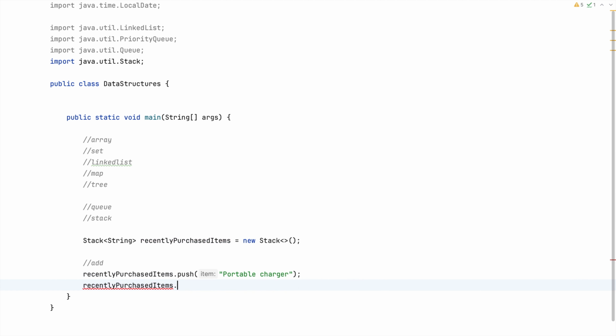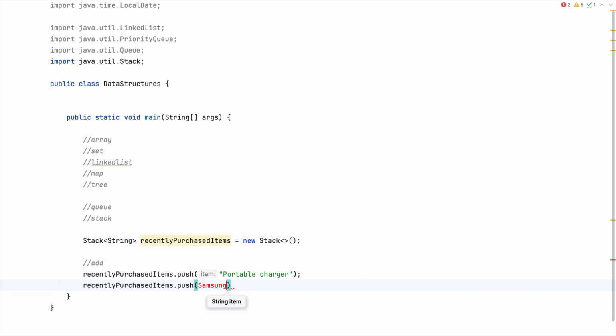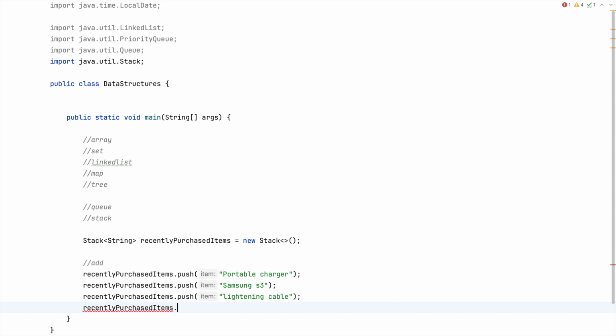Okay, then I purchased Samsung S3, then I purchased a lightning cable, and at the end I purchased, what did I purchase? Wi-Fi router, let's say. Okay, now